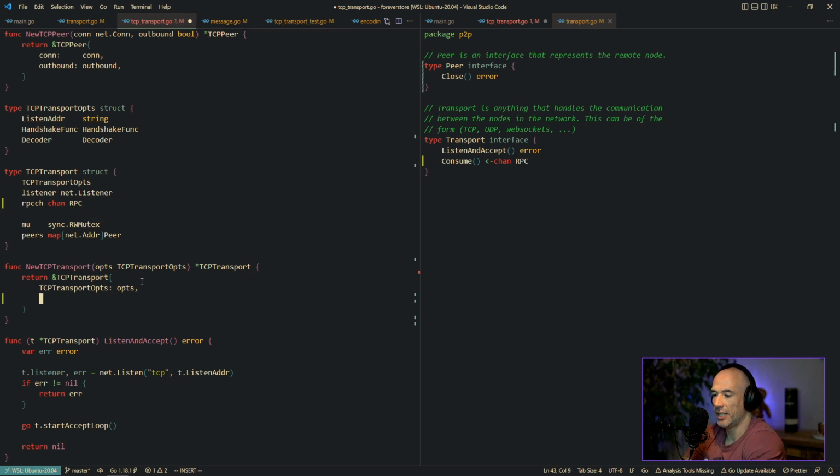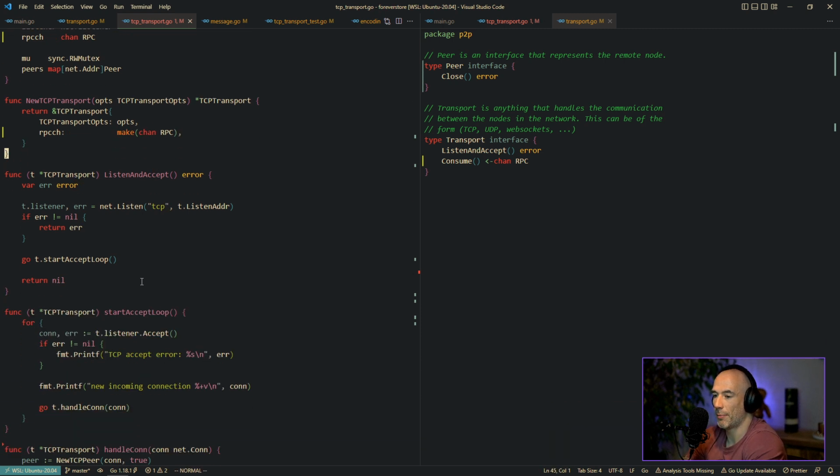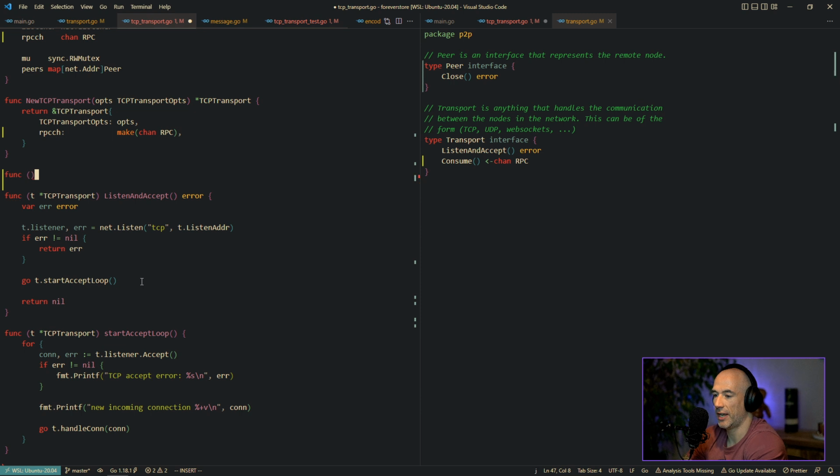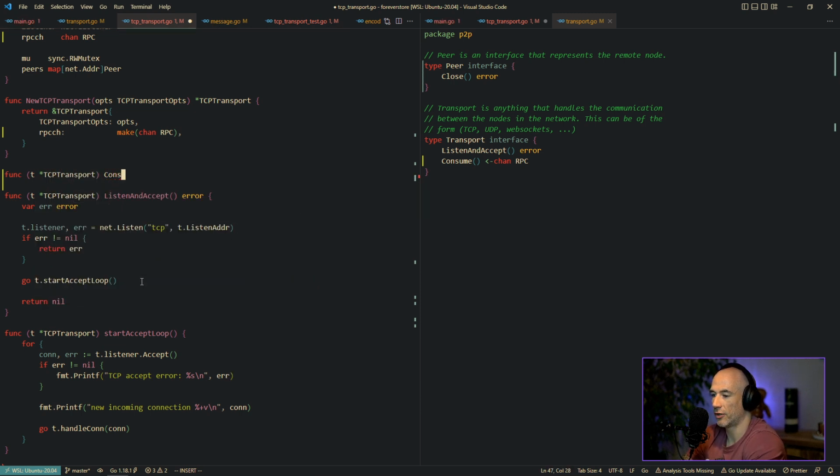And then we're going to say here that the RPC channel is going to be make me a chan of RPC. Easy. Then we need to implement our interface. We're going to say TCP transport consume, and that's going to return a channel of RPC.